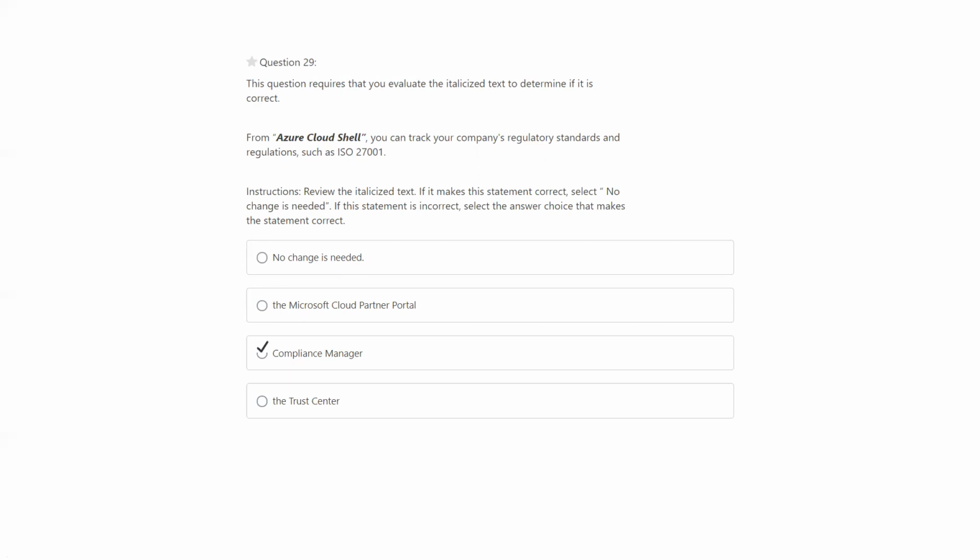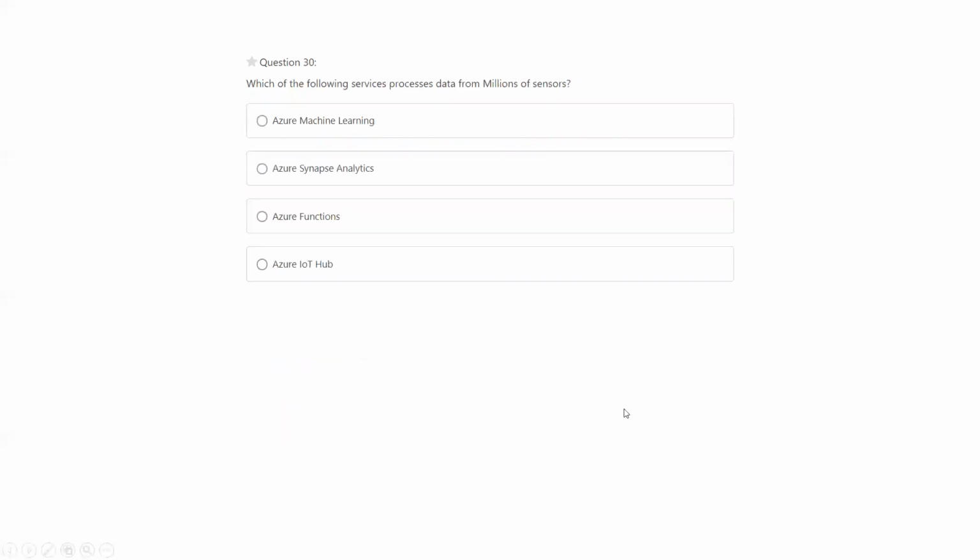So the answer seems to be the Compliance Manager. Microsoft Cloud Partner Portal is a totally different one. Trust Center is again a website used for security, privacy, and compliance purposes. So that's not the answer here.